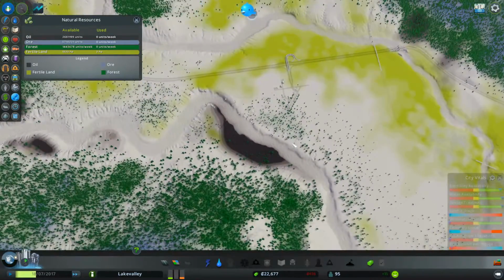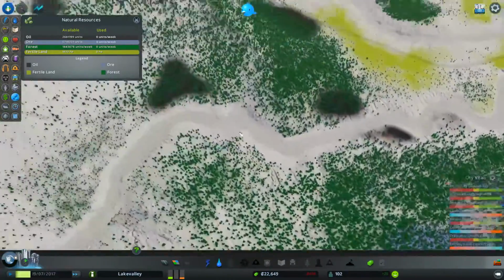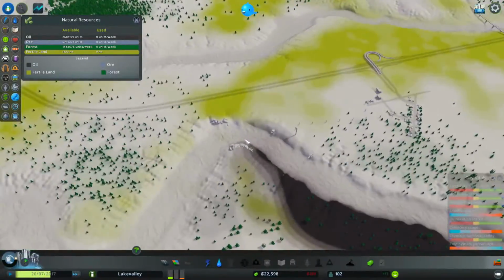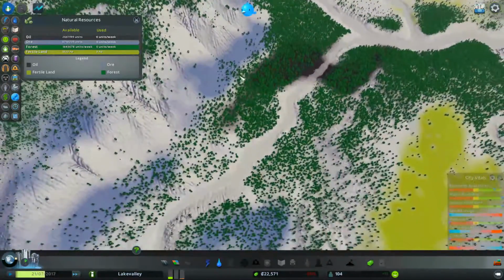You have a whole patch of oil right here over the river. That's gonna be interesting. Of course, we have trees everywhere. That's gonna be good for wood cutting purposes. We also have... Now let's see. Yeah, we have some ores right here on this